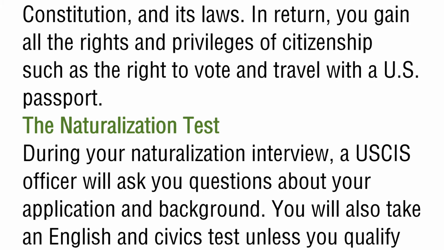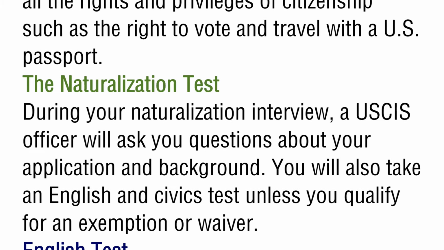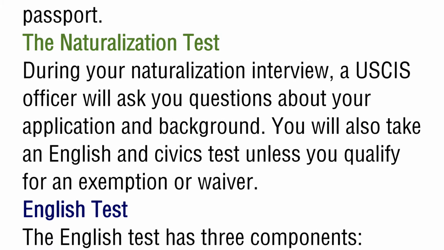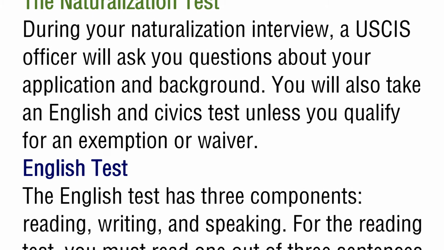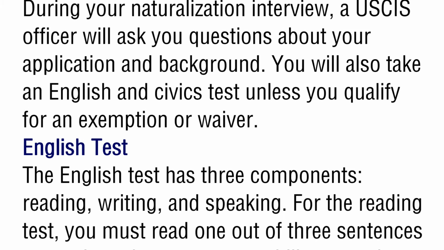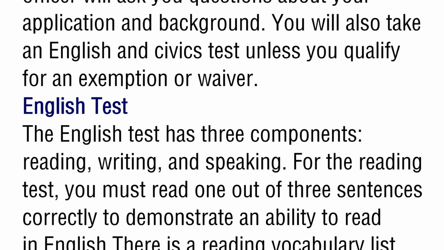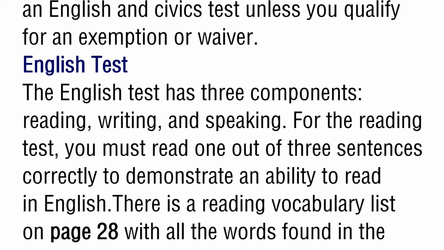During your naturalization interview, a USCIS officer will ask you questions about your application and background. You will also take an English and civics test unless you qualify for an exemption or waiver. English test. The English test has 3 components: reading, writing, and speaking. For the reading test, you must read 1 out of 3 sentences correctly to demonstrate an ability to read in